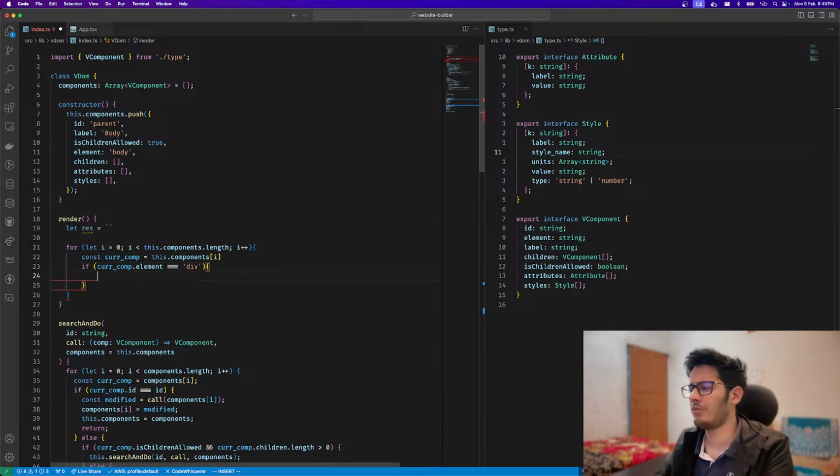Let's handle a few of them. Handling all of them would be too complex. Eventually we can do it, but right now it will be very complex. So if that is div,